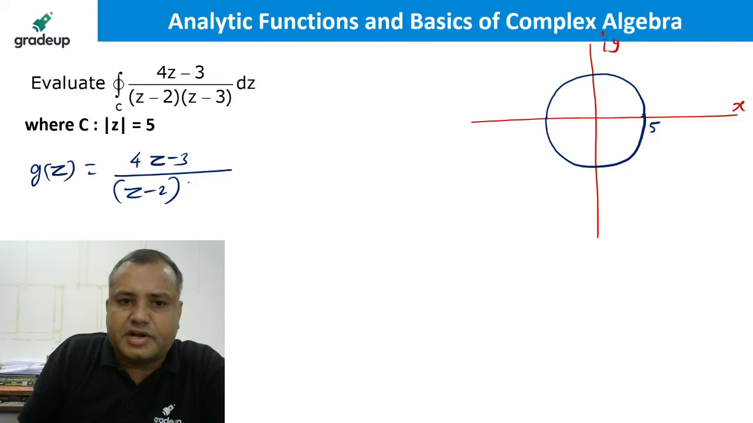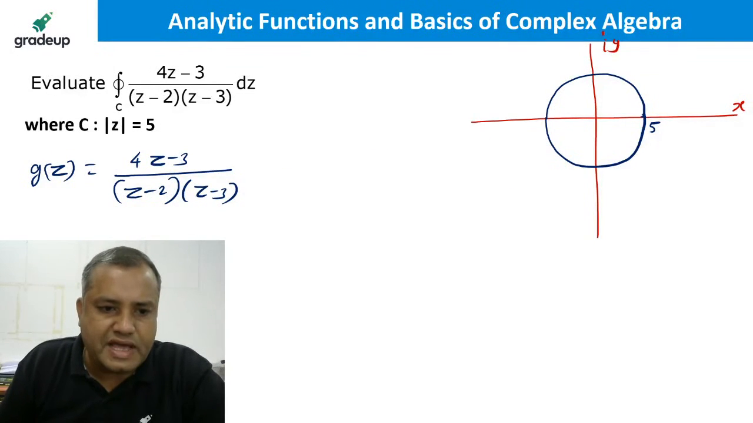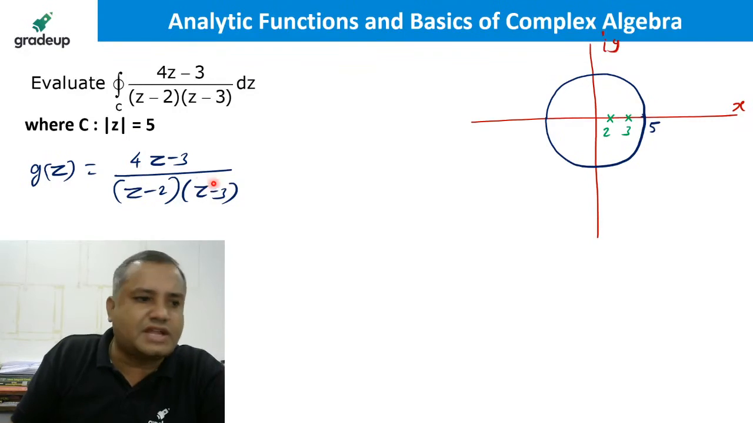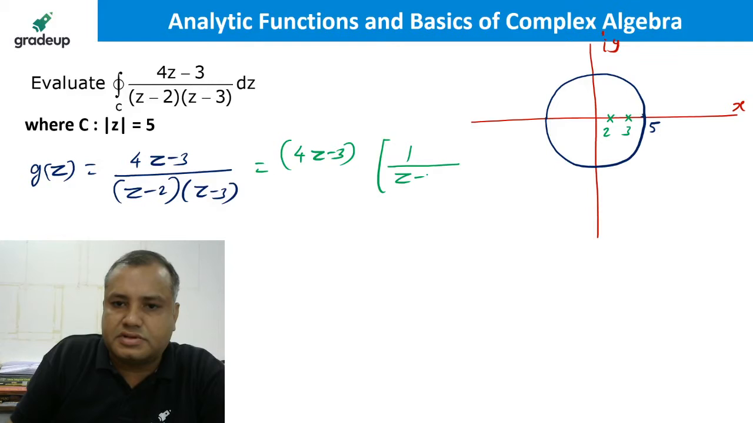When you equate the denominator to 0, you will get the poles. So poles are 2 and 3. So 2 and 3 both lie inside the circle of radius 5. Correct? Okay, sir. So both are singular points. So 4z minus 3, this is your numerator, and 1 upon z minus 3